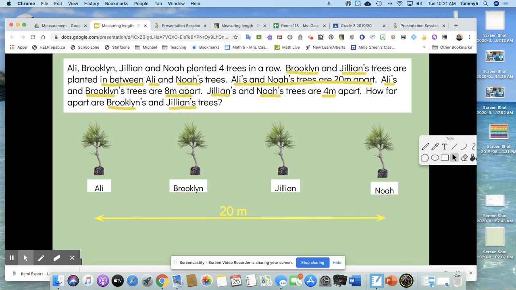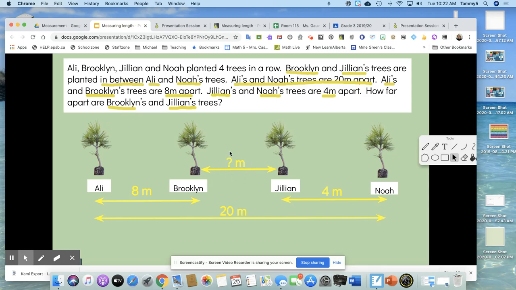Allie's and Brooklyn's trees are 8 meters apart. So we need to add this to our picture. Jillian's and Noah's trees are 4 meters apart. Okay, now does this look like it's an easier question? I hope so. How far apart are Brooklyn's and Jillian's trees? So now we can add another arrow in and put a question mark because this is what we're trying to